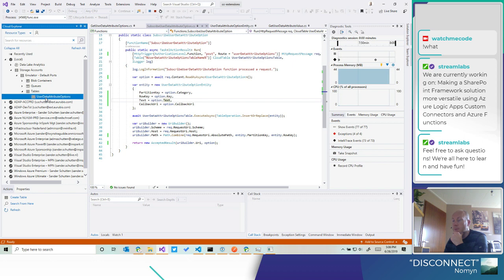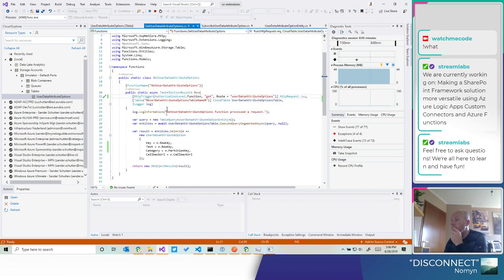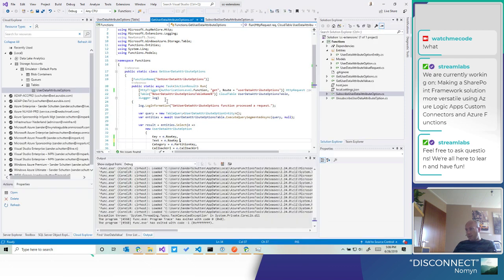Whole table. Probably the text is empty because I'm not setting it through the custom connector. So what I should do, if it is not set, use the